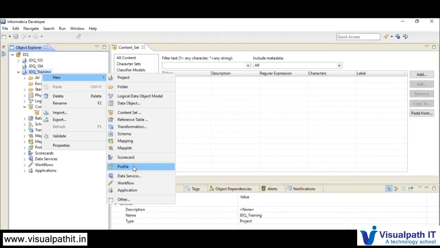That is the reason Informatica Data Quality came up with the scorecard. We have the scorecard option available. This scorecard is used to showcase your profiling result in a graphical representation format. Whatever profiling results you see for the source data object or any data object, you convert that into a graphical representation format, which can be understood by a non-technical person.